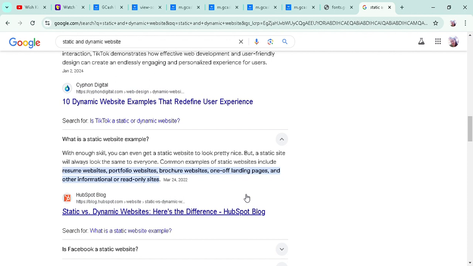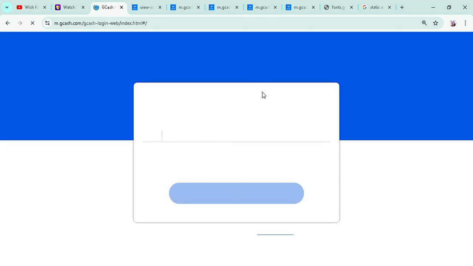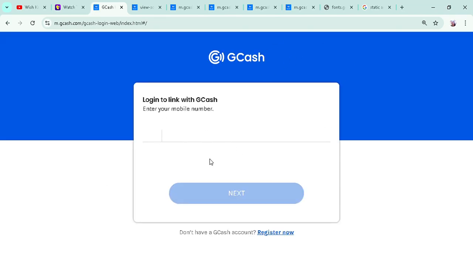like for example the internal data on the website of Gcash. For example, if you log in with your mobile number, then you type your password, and then you pay. You cannot search here, you cannot search or change.